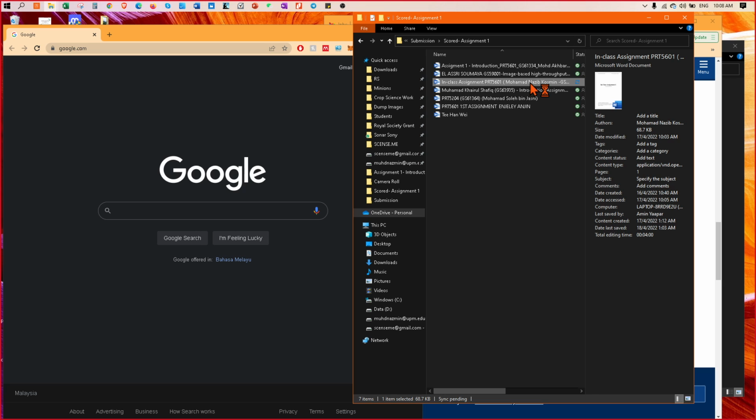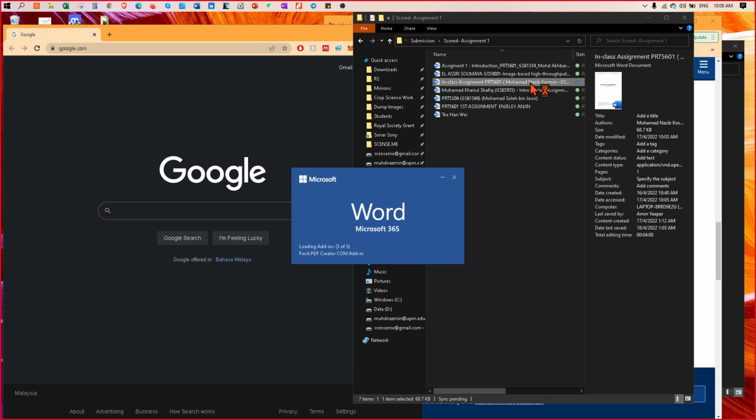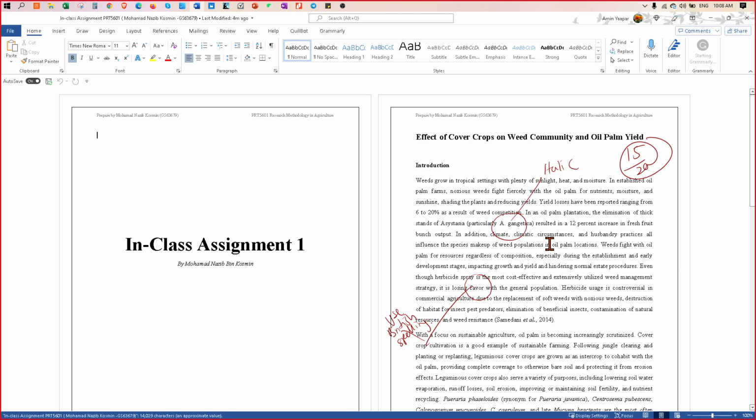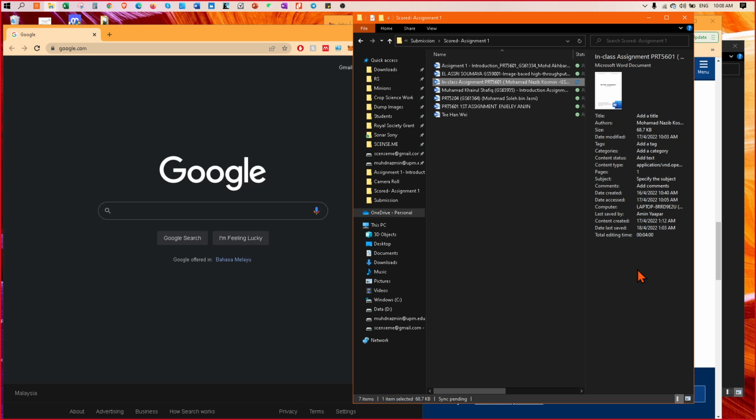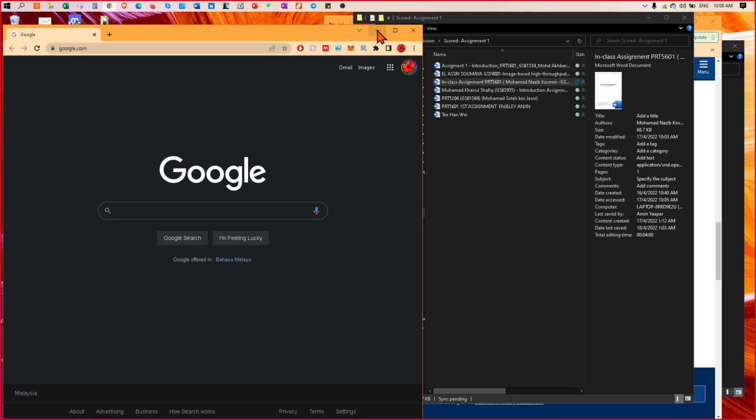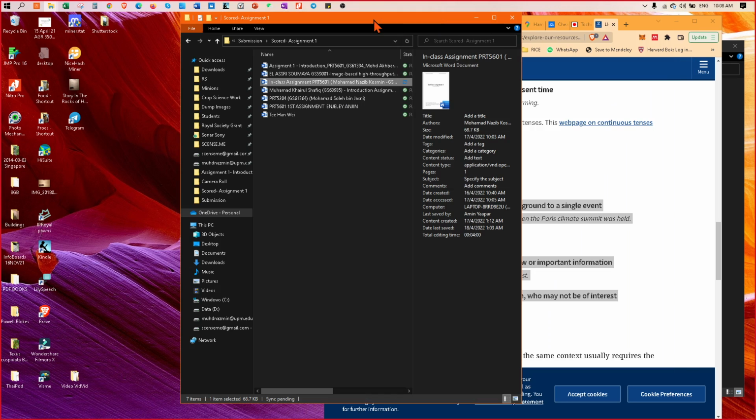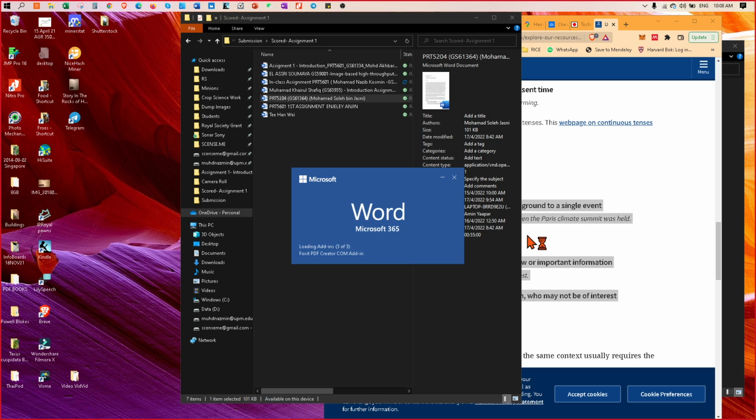Is it because the way I uploaded? I don't know. This has not happened before. I mean, this cloud storage is meant for multiple editing. Hmm. It keeps on closing. But anyway, I think maybe we can use other people's assignment, because I do not have problem with other people's assignment. I do think so.